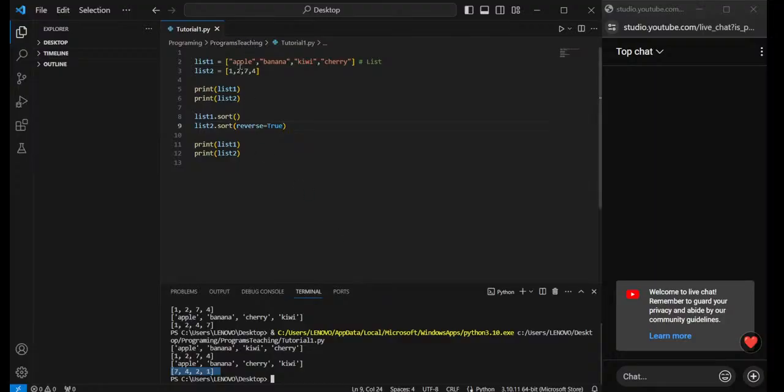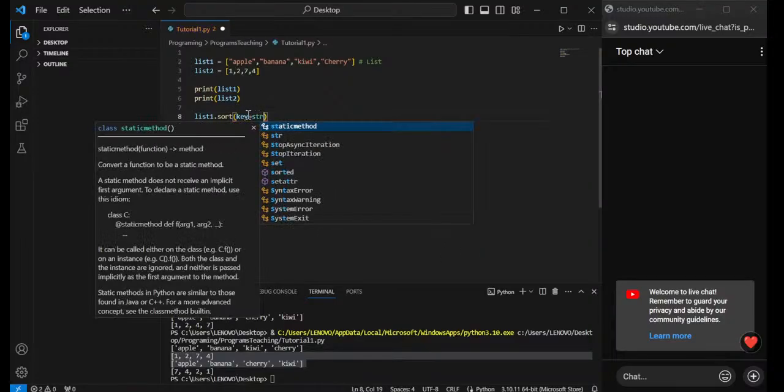So even if you have capitals, let's say if K, or let's say if C was capital, it would ignore that and print the same thing, just like this. But if we do key equals str dot lower,